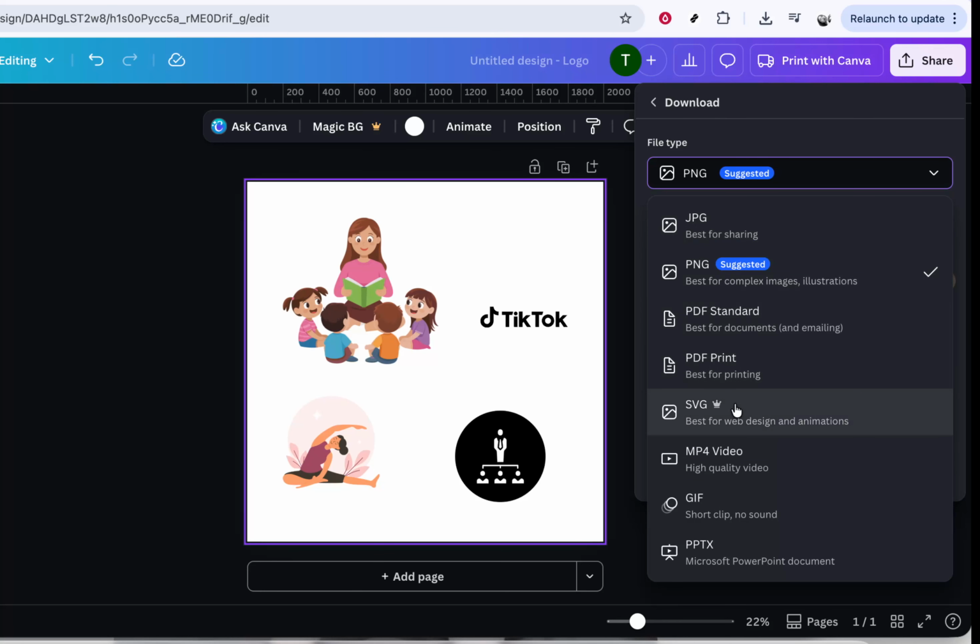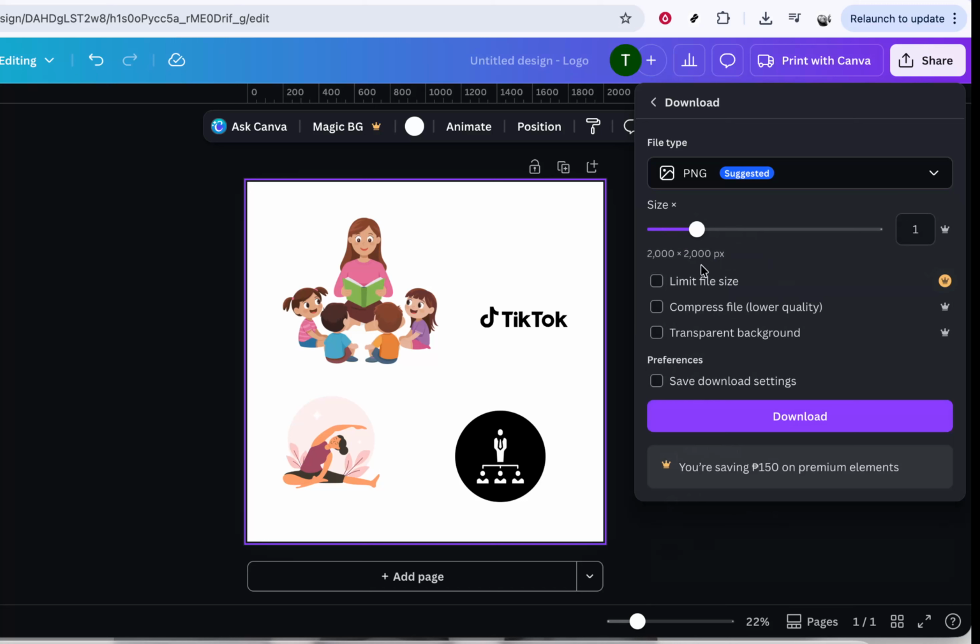After selecting the format you want, you can double check any additional settings that appear, such as size, quality, or which pages to include, if that applies to your design. When you're happy with everything, click the main download button in that panel. Canva will process your design and then save the file to your computer, usually in your default downloads folder. And that's it. By following these simple steps, you can quickly download your Canva design in